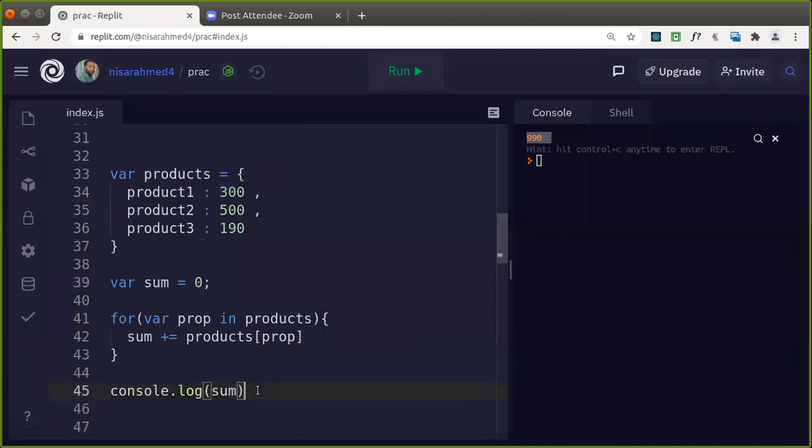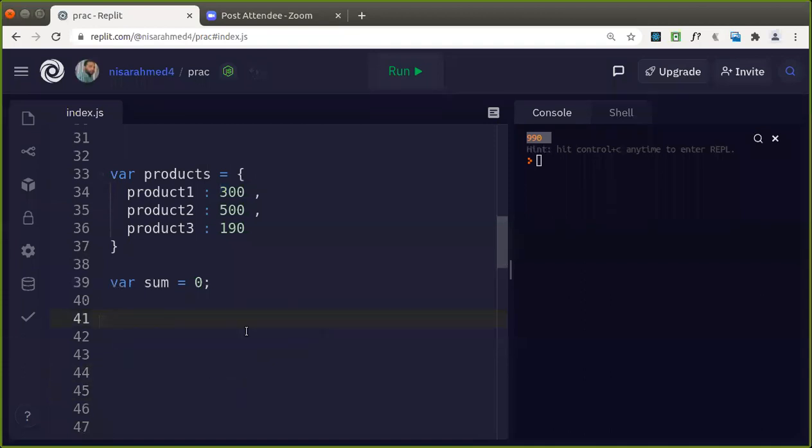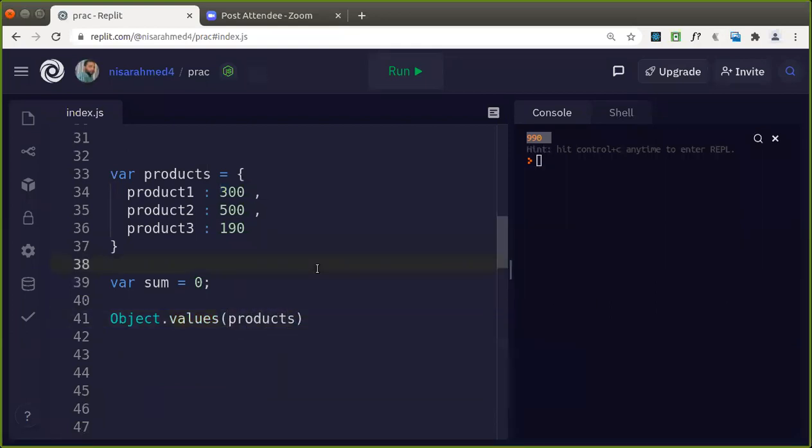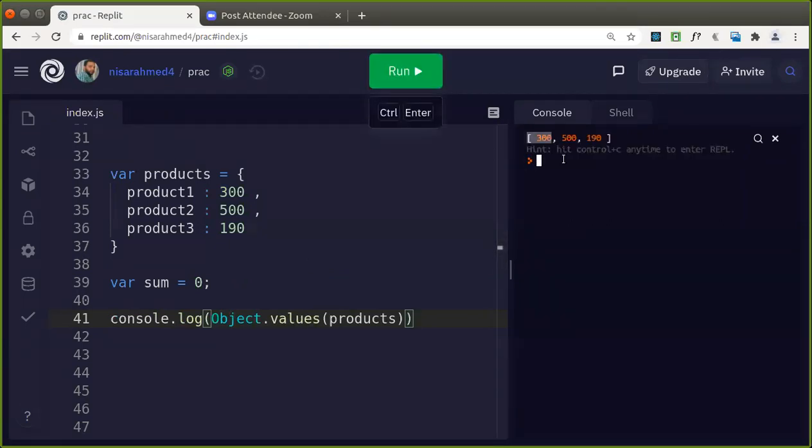There is another way also, guys. Let me show that one. Object dot values of the given object will give you all the values. It will return an array of all the values. Let's just console and check that. It will give an array of all the values of each property, in the form of an array. You can see that. Object is the predefined object, and dot values will give you the list of all the values; only values will be returned.